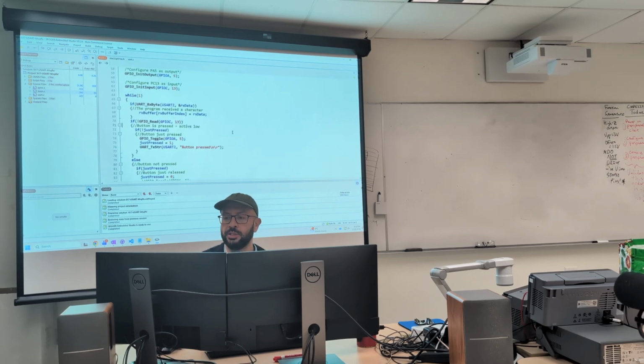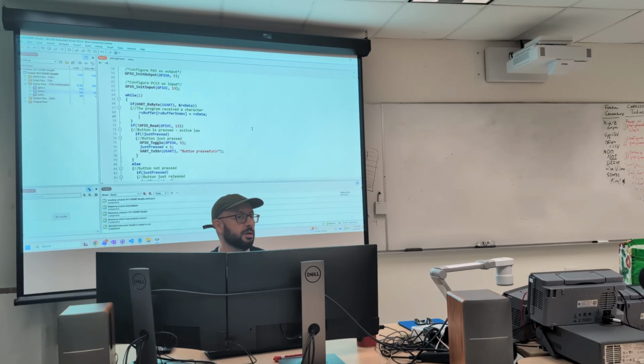So if I store what I received in the array, what do I need to do next? So I can receive the next character in the next iteration. Rx buffer index plus. Yeah, it needs to be incremented, right? Because otherwise it will overwrite the same position. So this needs to go plus plus, right?